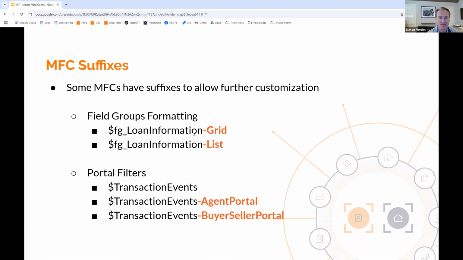We'll demonstrate that here in a second, but just know that there's some really neat things you can do with merge field groups or field groups. So the last ones I wanted to point out here are portal filters. And these are specific to two merge field codes, which are transaction events and actually transaction participants. And I'll get into this in a second, but ultimately the suffixes here will allow you to filter all of your transaction events based off if they should appear on the agent portal or if they should appear on the